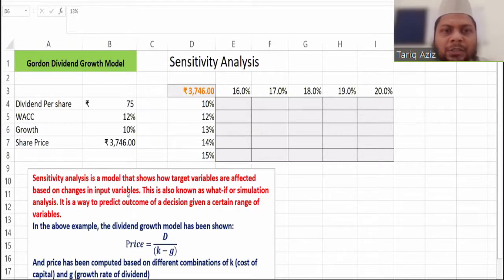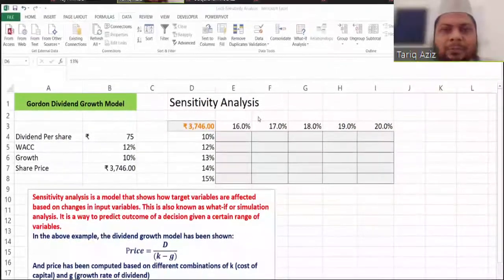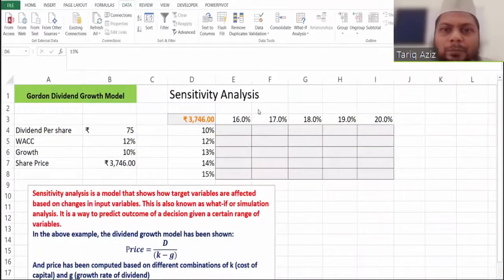Starting with the introduction of sensitivity analysis. What is sensitivity analysis? A few words about that. In any given model, as we all know, there are some kinds of inputs, and then we process those inputs to get the output. This is the basic structure of every model. Then we also know that the inputs can be divided into two types. Some of the inputs are controllable and some other inputs are uncontrollable. We cannot vary them, we cannot change them, so they are given, they are fixed.